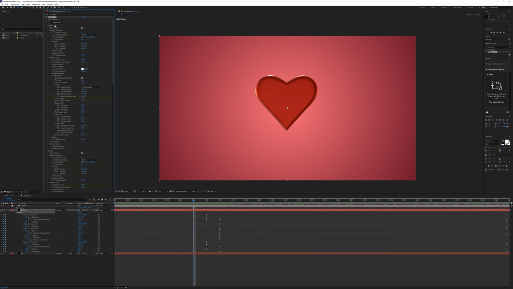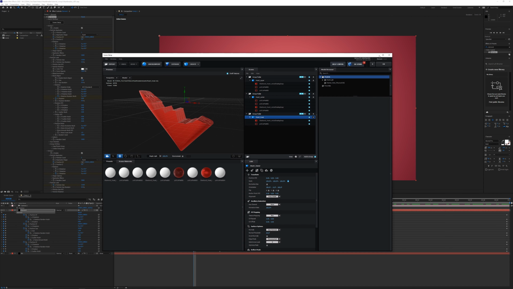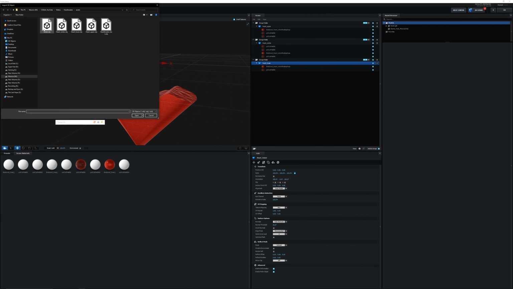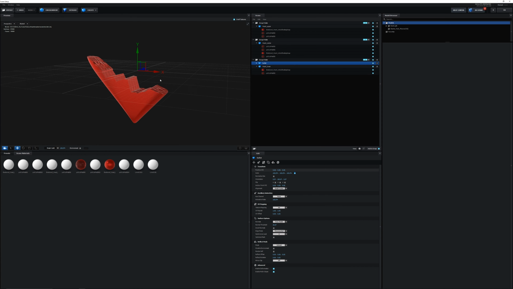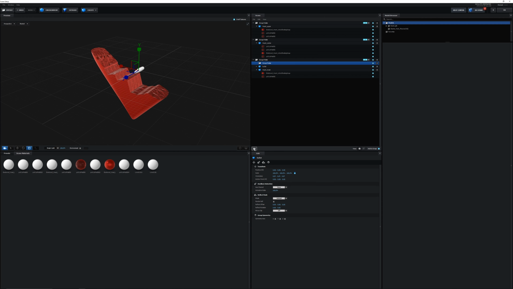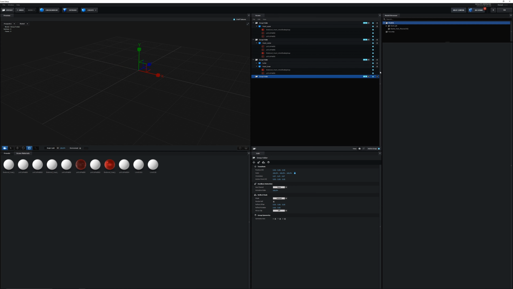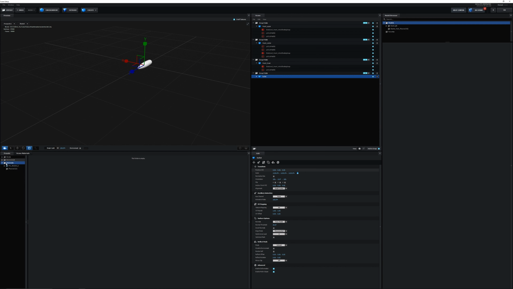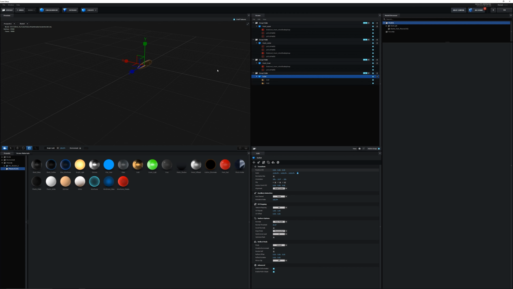Next, we should also add a bullet. So let's go back into our scene setup and then import that bullet geometry. So go to import, find the bullet OBJ, go OK. And then for this, we're going to scale this up so it's quite a bit bigger. And then we're going to make a new group for it. So we're going to make a new group folder, change this to group 4, and then grab that bullet, drag it into group 4. So on presets, if we go to physical, there is a gold material, so we can just double click that and you can see there's 2 shading groups and we'll just apply that there.